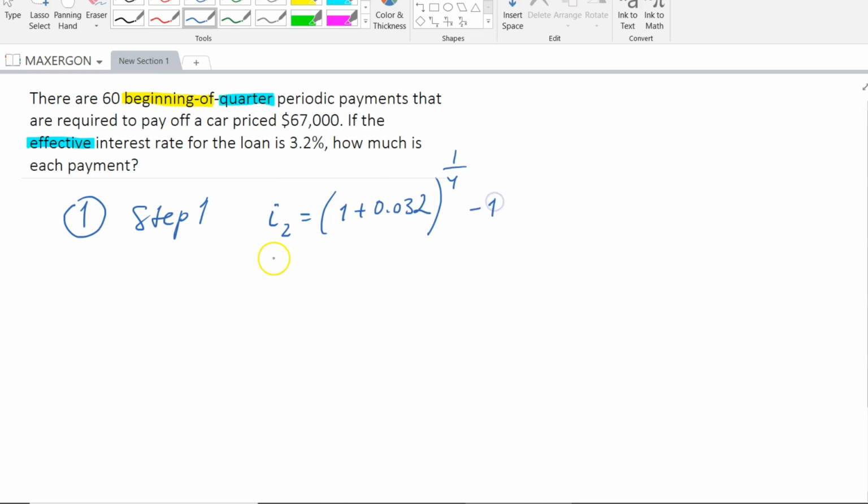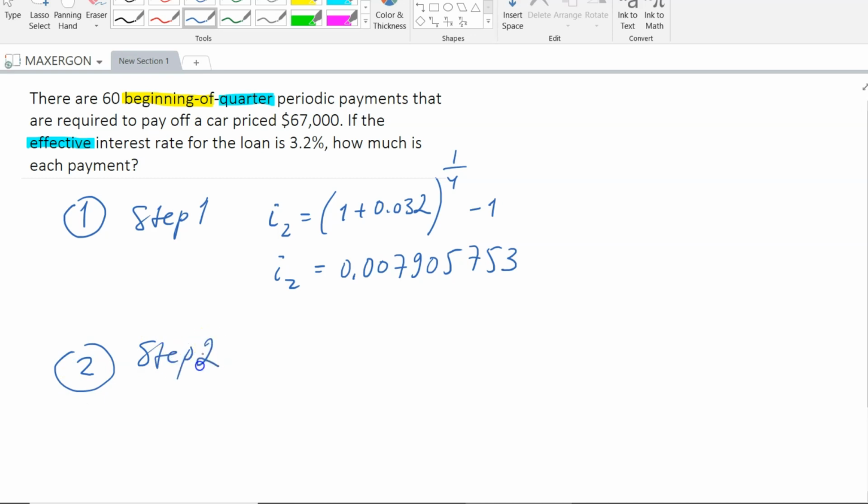1. I2 therefore is equal to 0.00790575. Once again, this I2 is periodic rate compounded quarterly, and this periodic rate compounded quarterly is equivalent to 3.2% compounded annually. Therefore, with this new I2, our annuity has become simple due, and we are ready to proceed to